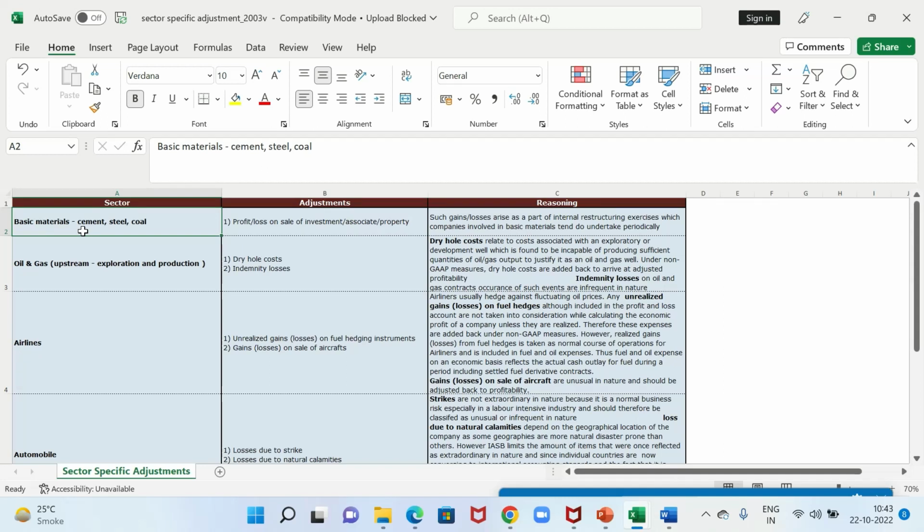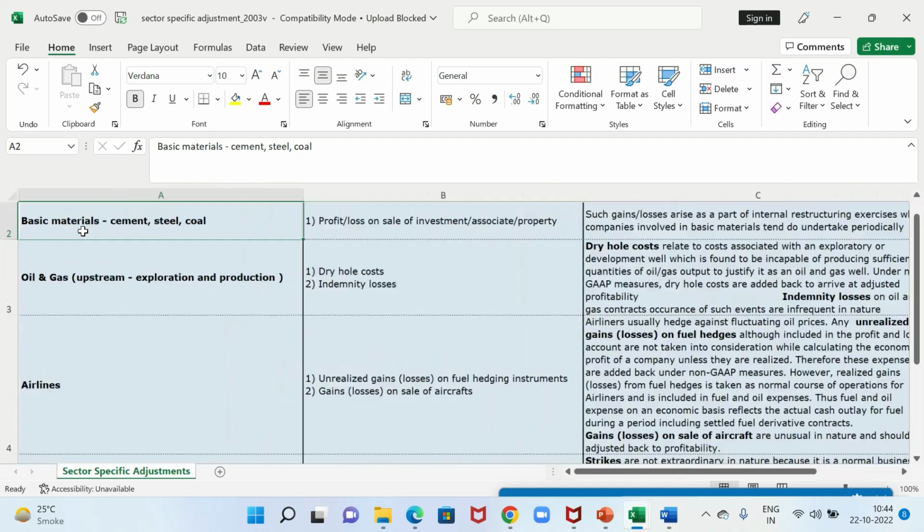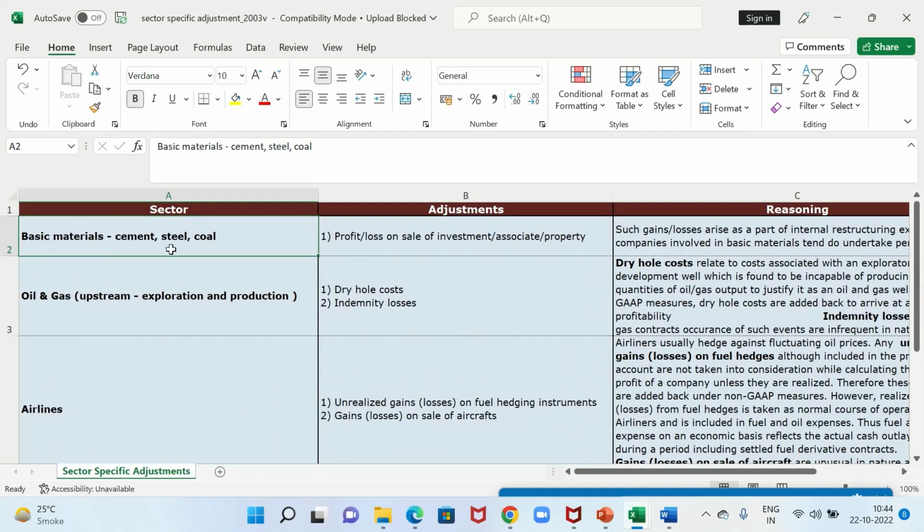So remember, we are valuing a company for their normal course of operation. Anything that has happened in the course of the year, which the company has shown in its income statement, and which is not recurring in nature, we need to exclude that. All non-cash items we need to exclude while calculating. So I'll talk about a few of the adjustments and provide you a bit of reasoning behind them.